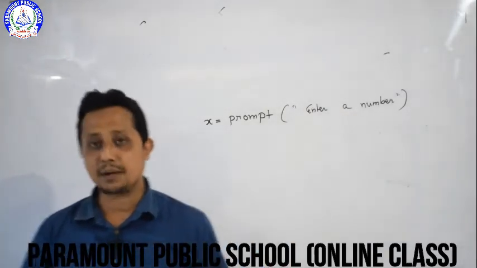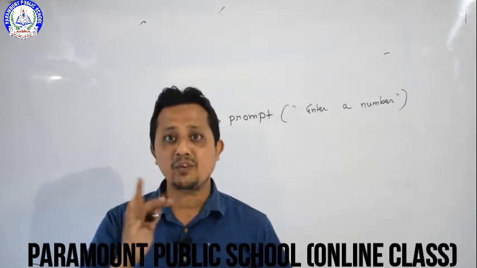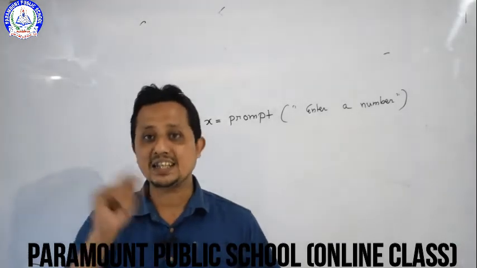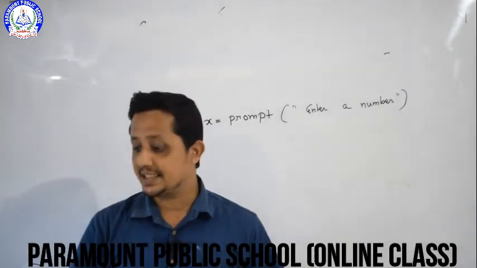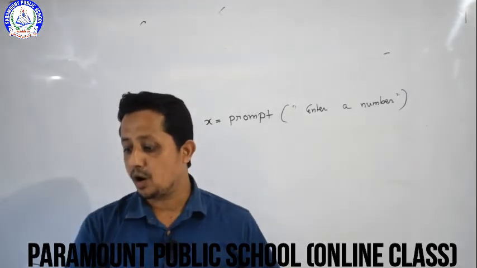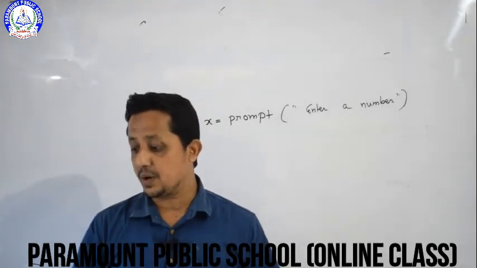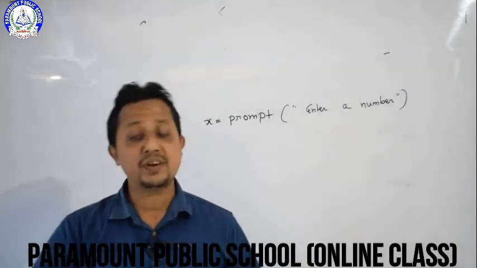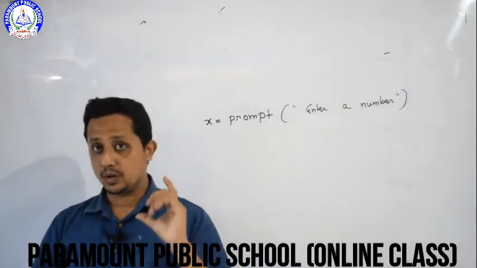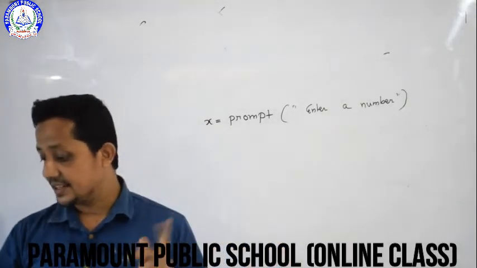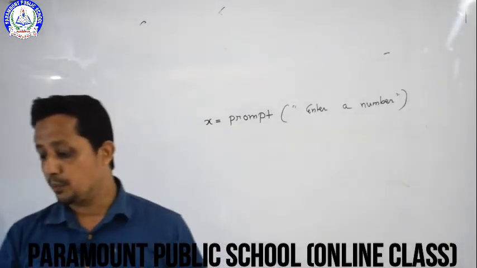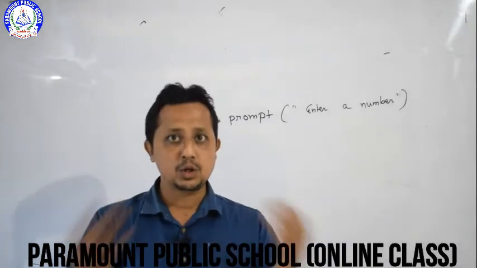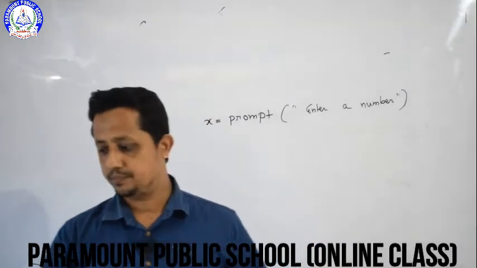The example is there. You can see on page number 119, figure 6.13, figure 6.14 and 6.15. The code is written in figure 6.13. The prompt box has come in figure 6.14, and we have entered the number in figure 6.15, and the output is displayed in figure 6.16. So the prompt box is basically used if we want the user to input a value.